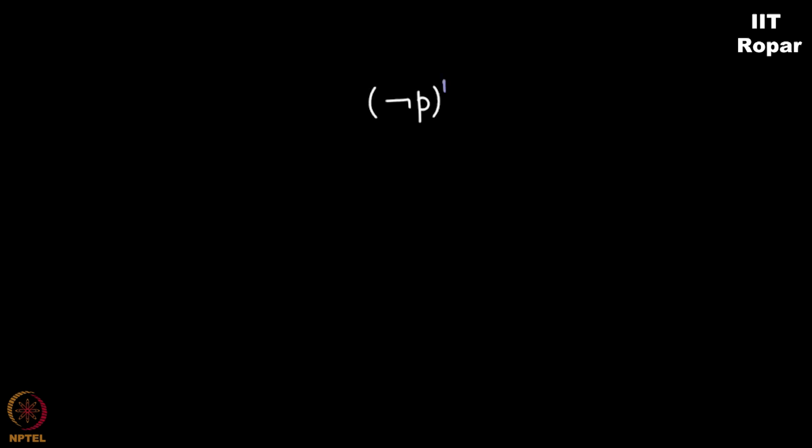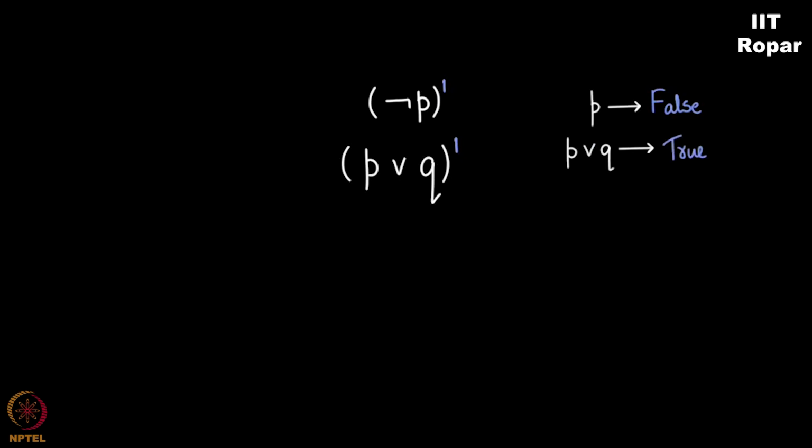Given that P is not true and given that P or Q is true, by this we mean P is known to be false but P or Q is known to be true. This should simply mean that this fellow, P, is false, and the OR of P and Q is true, which should imply to you that Q is true, right? I say therefore Q is true. I am inferring some fact from the given statements.